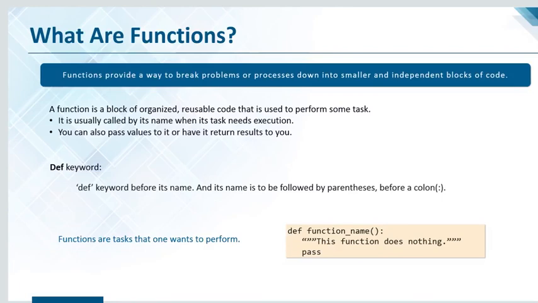At this time, all I want you guys to do is to know about the def keyword. Guys, def stands for define, and this keyword is used before the name of the function. Its name is followed by the parentheses before a colon. Well, this defines an entire function. Check out this particular example code I have for you. So we have def function_name, and this function does nothing and has pass. Definitely, right? We haven't passed anything there for the function to do anything. Well, def is the keyword here. function_name can be anything. It can be my name Anirudh, it can be Edureka, it can be anything that you like, right? It's as simple as that.